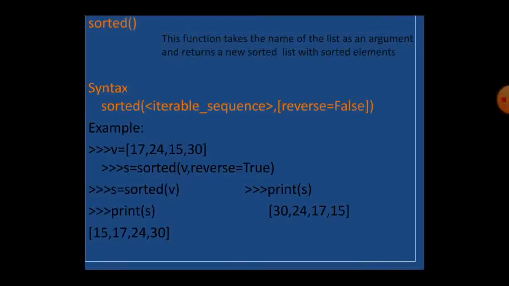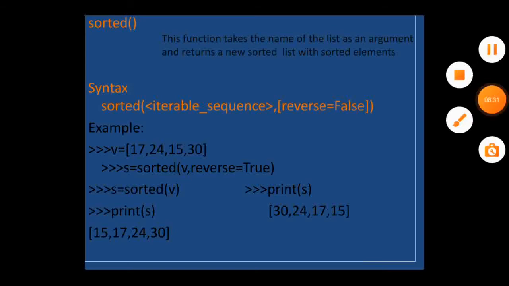The next function is the sorted function. This function takes the name of the list as an argument and returns a new sorted list with the sorted elements. What is the syntax for writing this? sorted, in the brackets you have to pass the sequence list, reverse equal to false, which is optional.